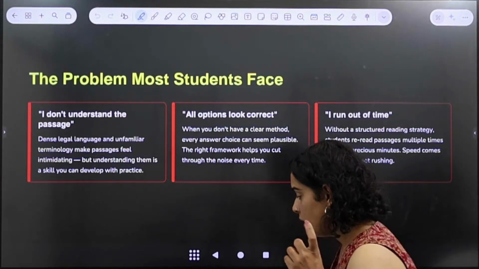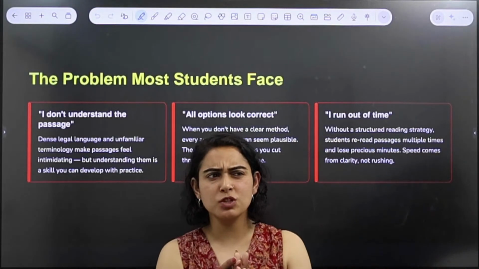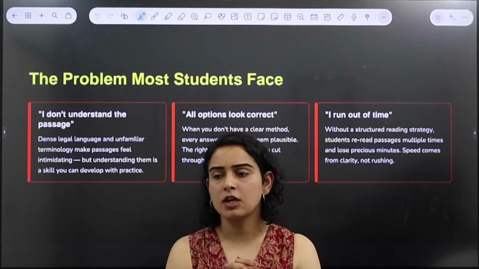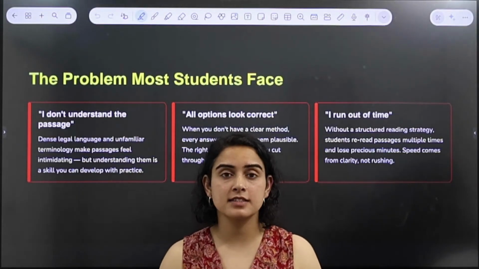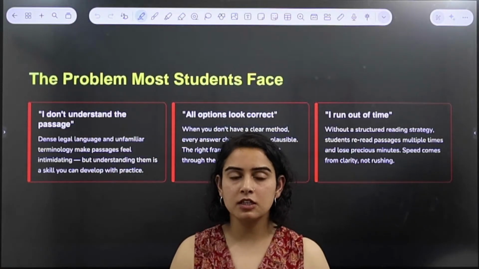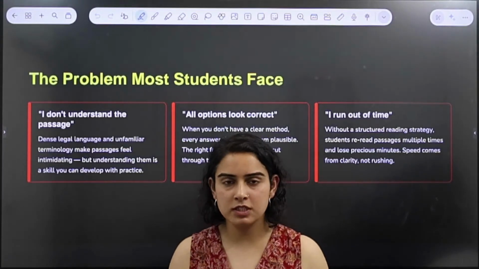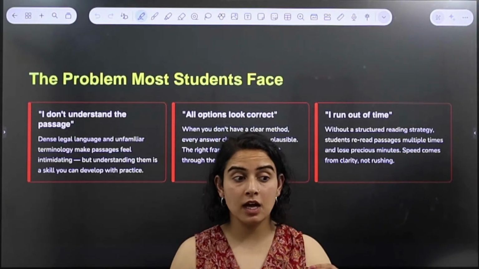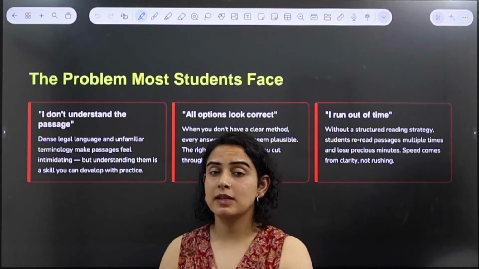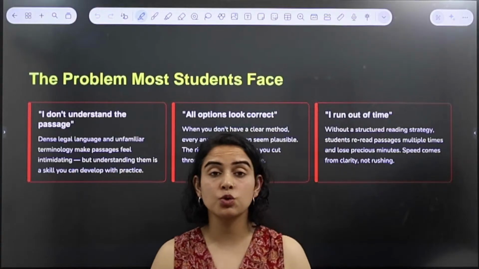And what are the different type of problems? First, of course, students who do not come from a legal background, who have not studied legal studies in their class 11th and 12th, found it extremely difficult to, first of all, understand the entire passage. See, not everything was in legal language, but somehow there are some words, probably, some Latin maxims have been used, some foreign terms have been used, which the students do not understand.